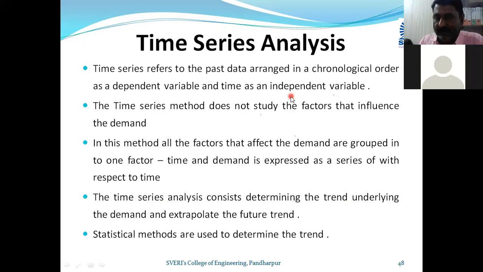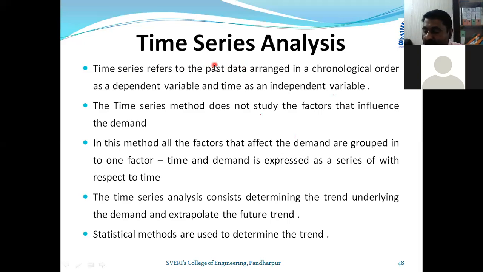The next method is time series analysis. We have solved numericals on the first method. 4 numericals we have solved based on different types, and what different things may be required to take into account, and how to identify on which method the problem is to be solved. I have also given hints based on whether the data is year wise, and if it is odd or even number, category number 1. And if the data is like the population, where the x number is also varying and the summation of x is not equal to 0, then how we can go about identifying or solving this type of numerical. Those 2 things and related guidelines I have given.